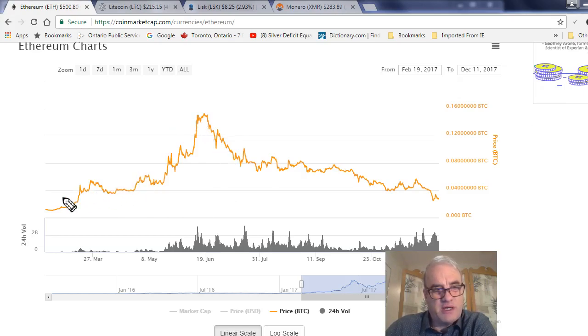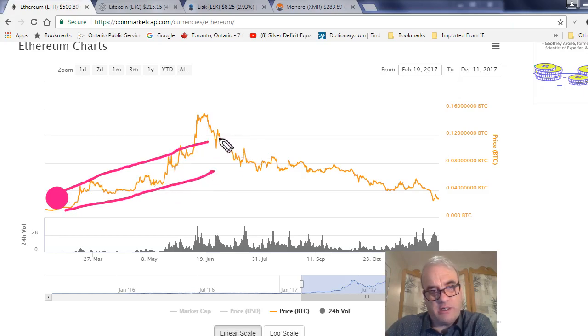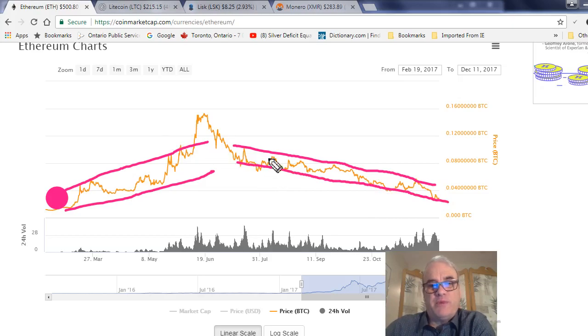It looks like there's a rising channel, a smaller size rising channel going up, and a lower channel, and then it's like we have a channel going along here like that. But it takes a while for a channel to be established, and then you'd be trying to pick tops and